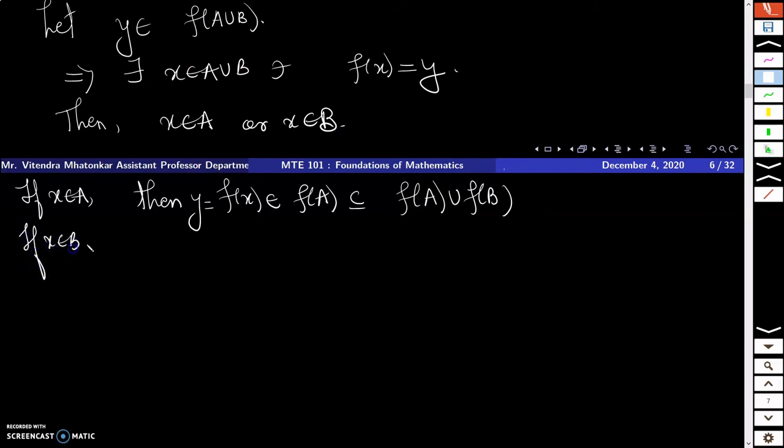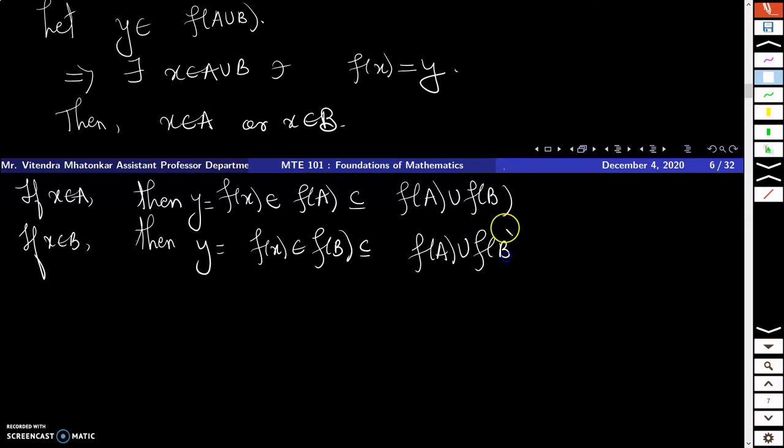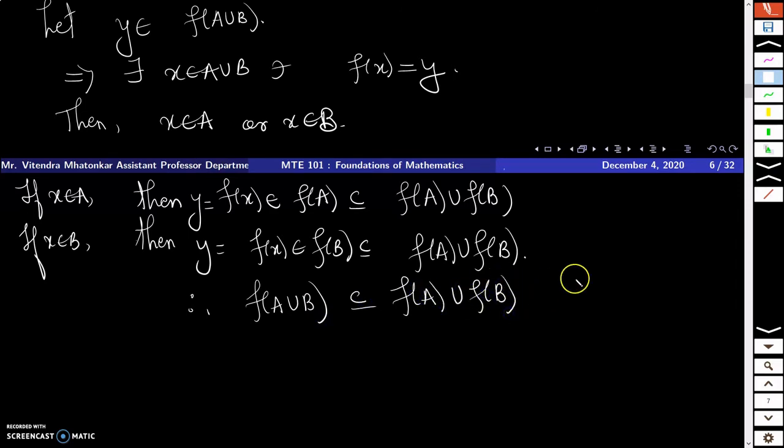If X is there in B, then again Y, which is equal to f of X, will be sitting inside f of B, which is a subset of f of A union f of B. So again in this case f of A union B is a subset of f of A union f of B, and hence we conclude that f of A union B is a subset of f of A union f of B. So I will mark this as 2,